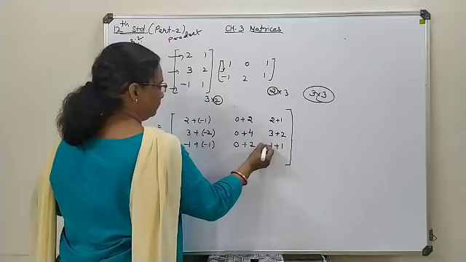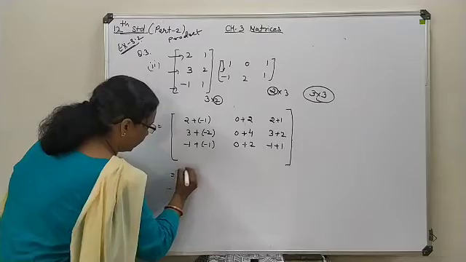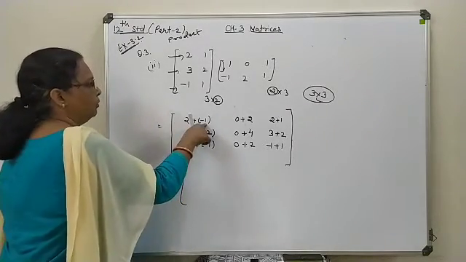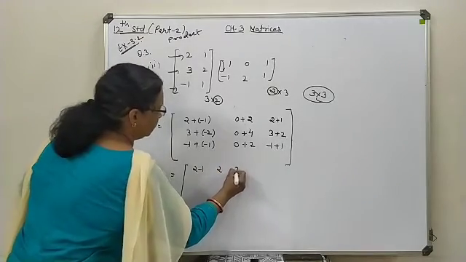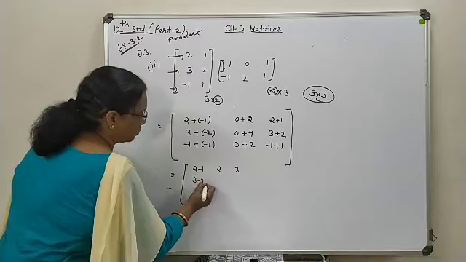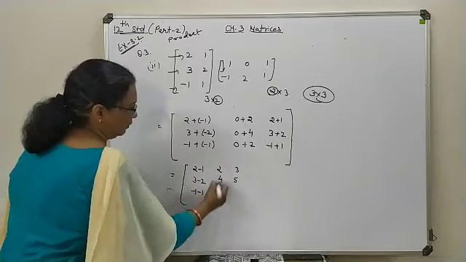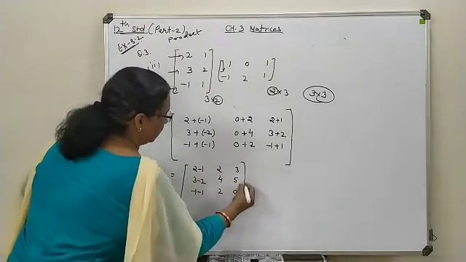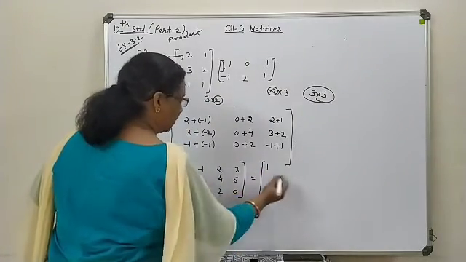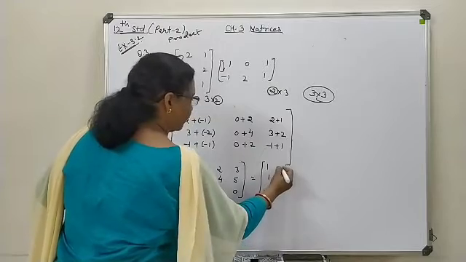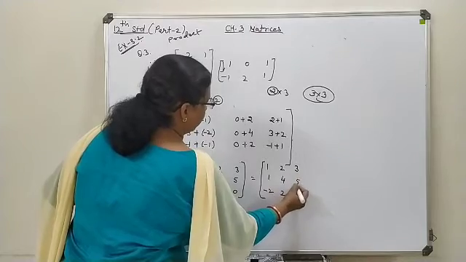Now go for addition and subtraction, whatever the sign we are getting. So finally we will have 2 minus 1, this is 2, 2 plus 1, 3, 3 minus 2, this is 4, 5, minus 1, this is 2, 0. Now further, make the final answer form. This is 1, 1, minus 2, 2, 4, 2, 3, 5, 0.